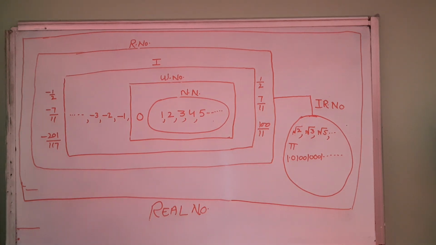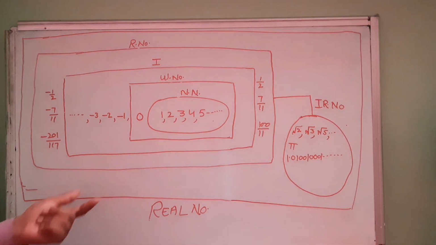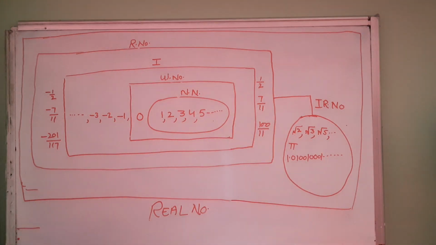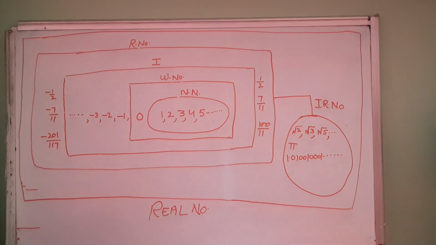So I hope this explanation will help you a lot. You can draw this diagram on a sheet and paste it near your study table, and by looking at it again and again you will understand it very easily. This diagram is very important for children studying in class 6, 7, 8, and may also be useful for other classes or for students preparing for different competitive examinations. You can name any number by just looking at this diagram, whether it is rational, whole, real, integer or irrational. So I hope this will help you a lot.